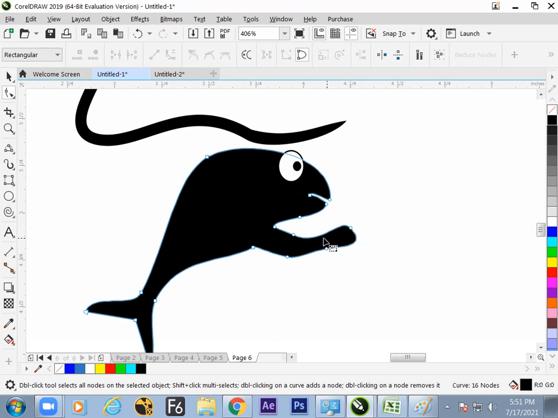Add the points. By double clicking on this line, we can add the points. Oh, this is making me trouble, but it should work on your system. So it is not adding properly. So now, yes, drag more.